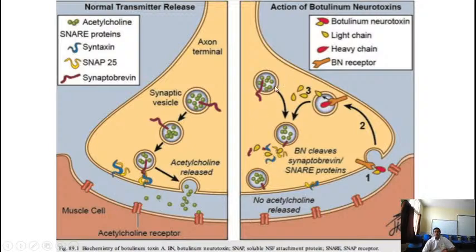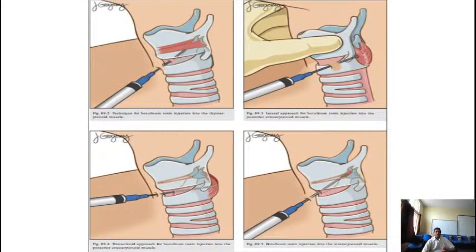The botulinum toxin is the one which reduces the release of the acetylcholine, and so the muscle is not contracting. That means it is relaxed. This is how the botulinum neurotoxin works. That is how the injection is given for adductor as well as abductor